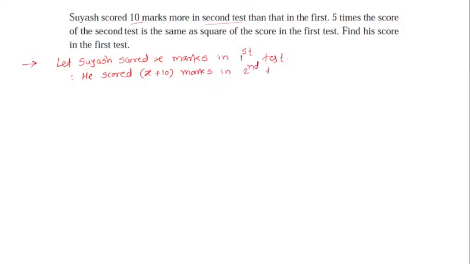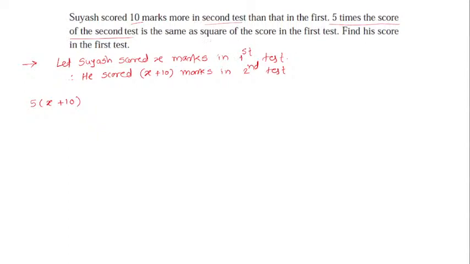So X is the variable, and we have another expression for the marks he has scored in the two tests. Now there is another condition given which we have to use to get a quadratic equation, and the condition is 5 times the score of the second test. So he scored X plus 10 marks in the second test, so we have to make it 5 times, that means 5 into X plus 10, and it is given that it is the same as the square of the score in the